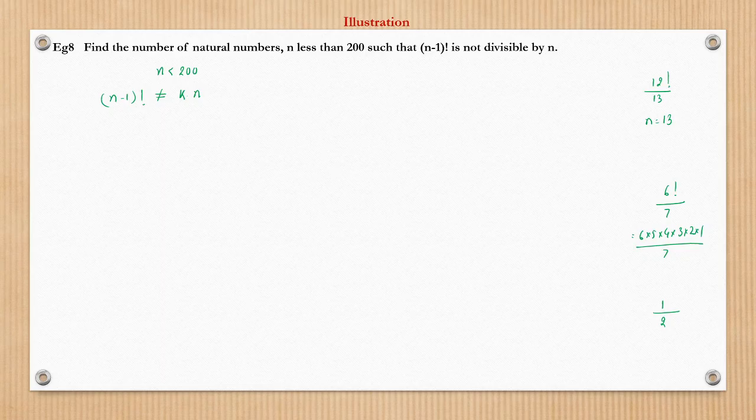So let us see what I do: I just form different cases. If I take different values of n, then n minus 1 factorial, we will see. If I take n equal to 1, n minus 1 factorial is 0 factorial, which is equal to 1. So 1 by 1 is divisible. N equal to 2: it will be 1 upon 2. N minus 1 factorial will be 1, not divisible, right? So this is a proper case. For 3, 3 minus 1 is 2 factorial, which is 2. So 2 by 3 is not divisible.